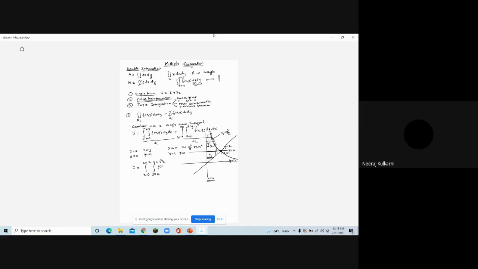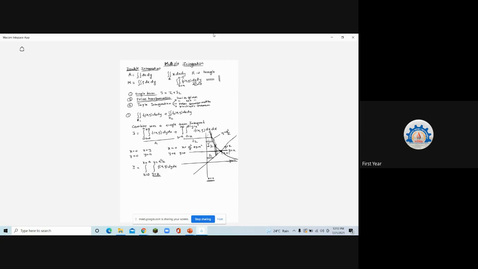Can you tell that once again? Yes. The vertical outer limits. This is your vertical strip, correct? The vertical strip is resting below on which curve? y is equal to x. Whenever I take a vertical strip, the first limits will be of y, because y changes vertically. So what is the lower end of this vertical strip? It's on the line y is equal to x, so your lower limit becomes y is equal to x. Where this vertical strip is resting above is on this curved region.